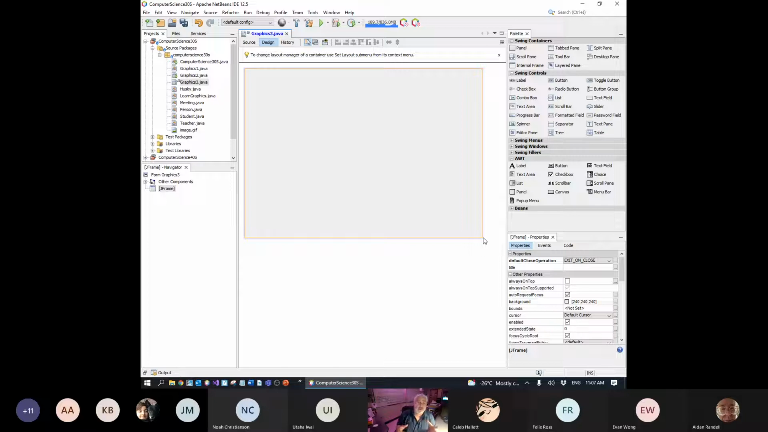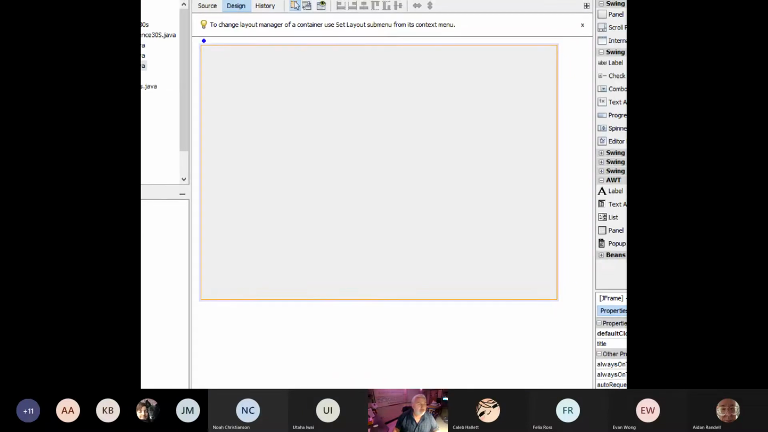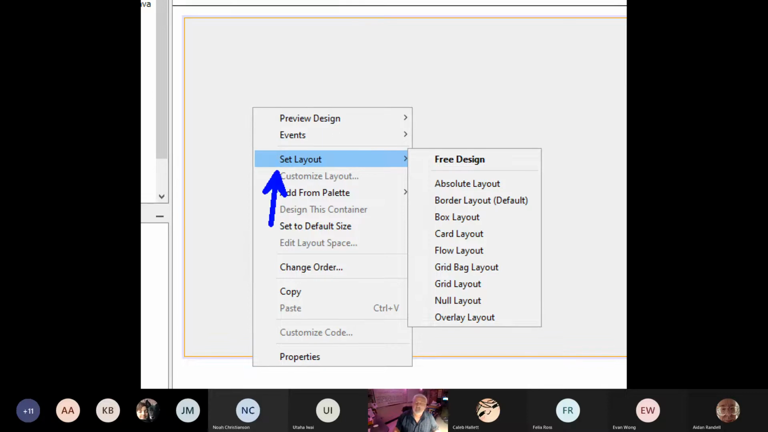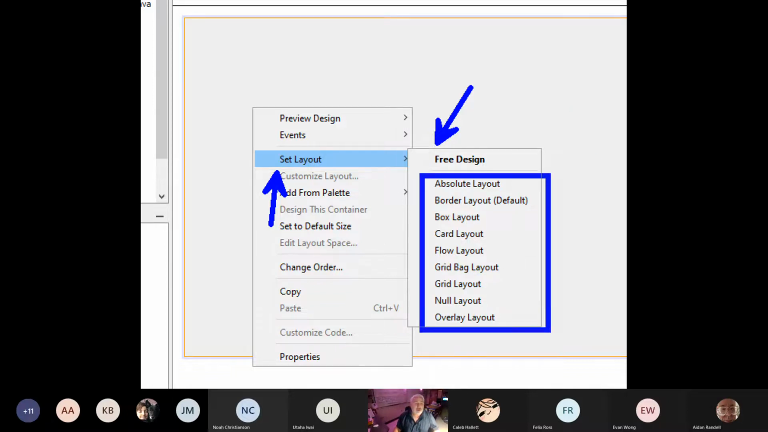And you might remember we coded it that way, but I'm going to show you how you can do that with the designer now. In the designer, you can take your form or your frame or your container, and right click on it, set layout. By default in the NetBeans designer, it uses this thing called free design, which is a NetBeans specific way of laying out everything. Then it includes all the ones we saw yesterday, right? Those ones that I showed you in the presentation,